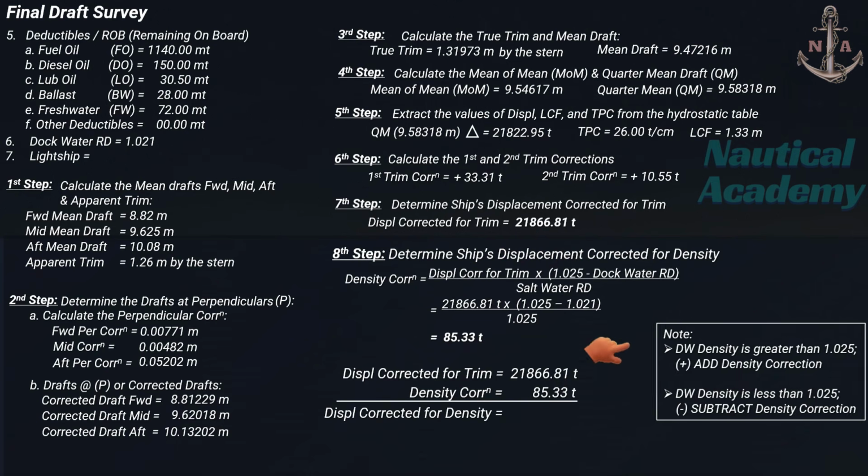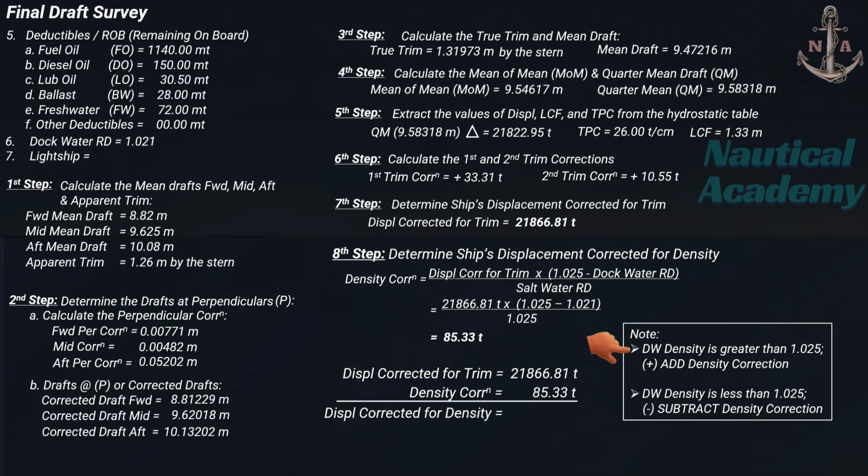To do this, if the dock water density is greater than 1.025, add the density correction. If it is less than 1.025, subtract it. In this case, the dock water density is less than 1.025, so we will subtract the density correction. This gives a displacement corrected for density of